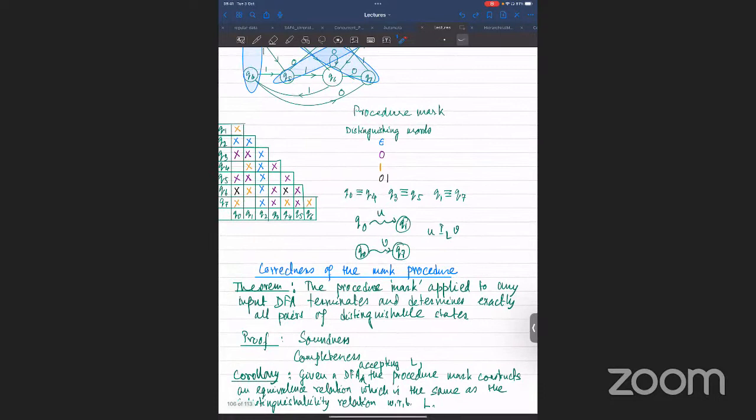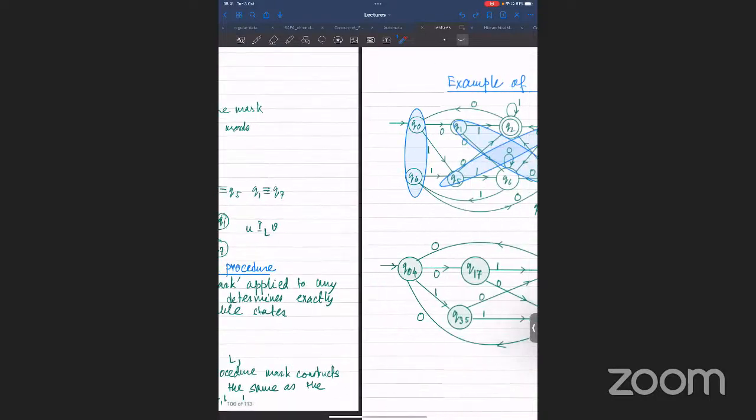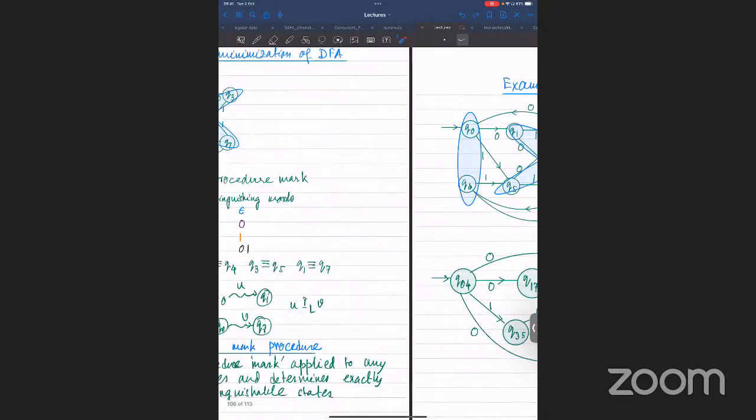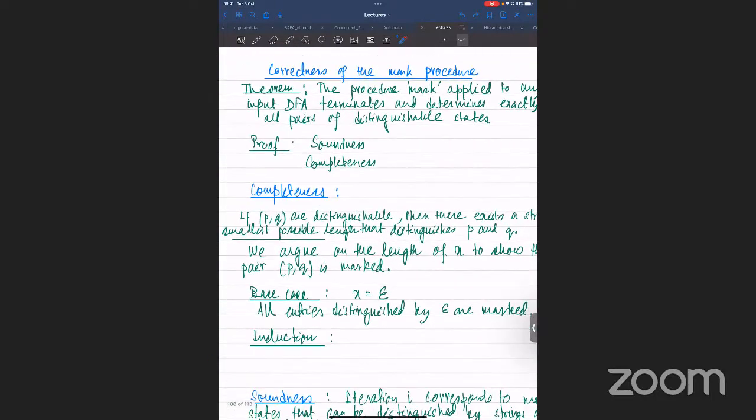So we need to prove the soundness and the completeness of this procedure. So what does soundness mean? Soundness essentially means that if it marks a pair of states, then they are indeed distinguishable. And completeness means that every pair of distinguishable states can be marked by this mark procedure, right? So let's look at the completeness